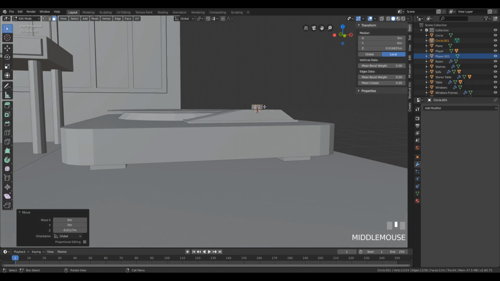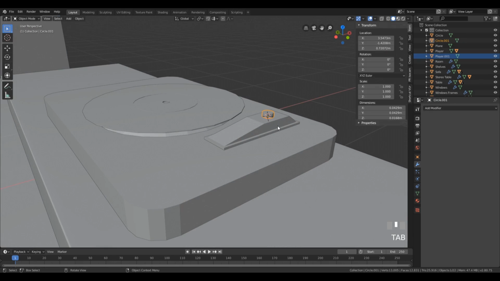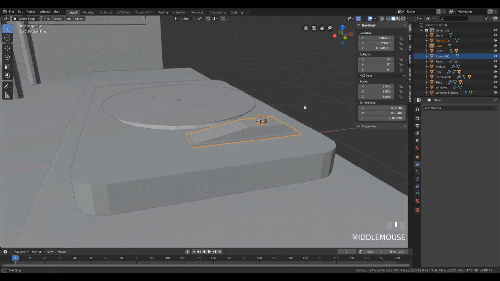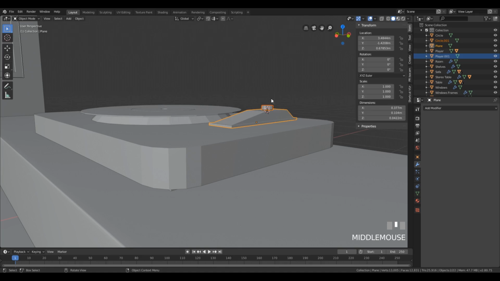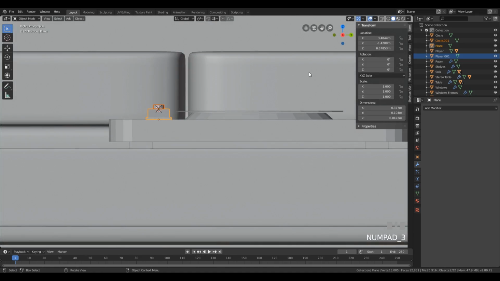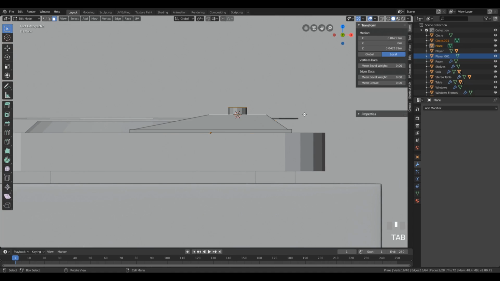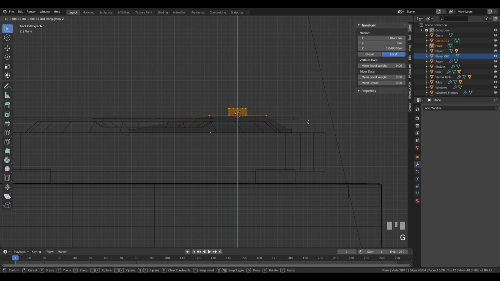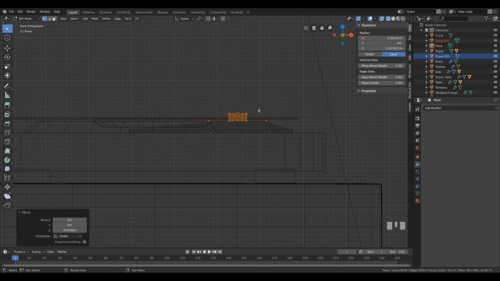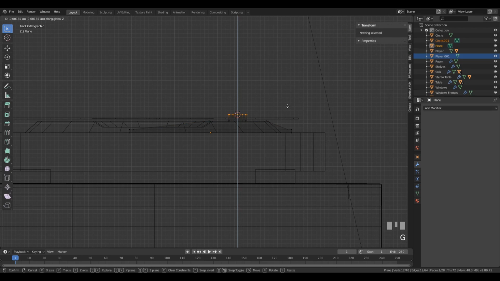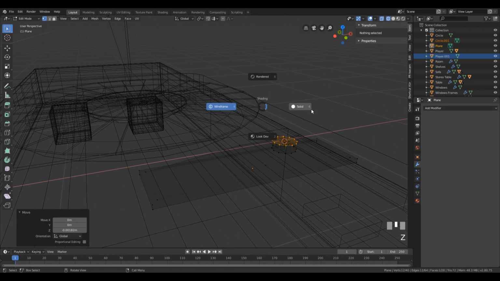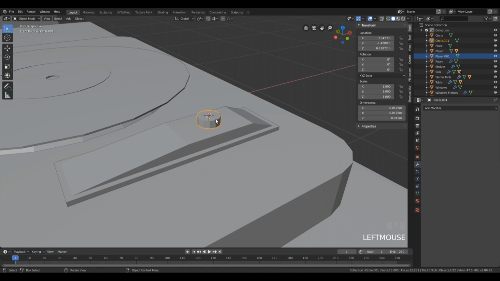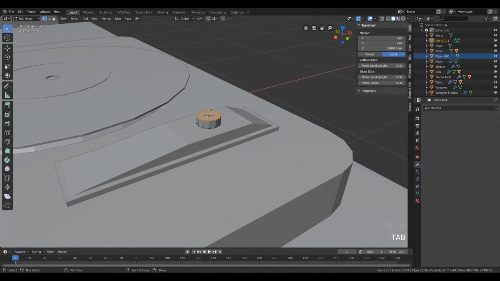I think this is too high up basically, so we can go and select both of these objects with Shift or by dragging around them. Go to the front view, edit, wireframe, vertex select, and drag the selection around all these vertices and bring this down a little bit like this, and this one too. Okay, we can go back to the solid view, select the cylinder again, go into the edit mode, and let's